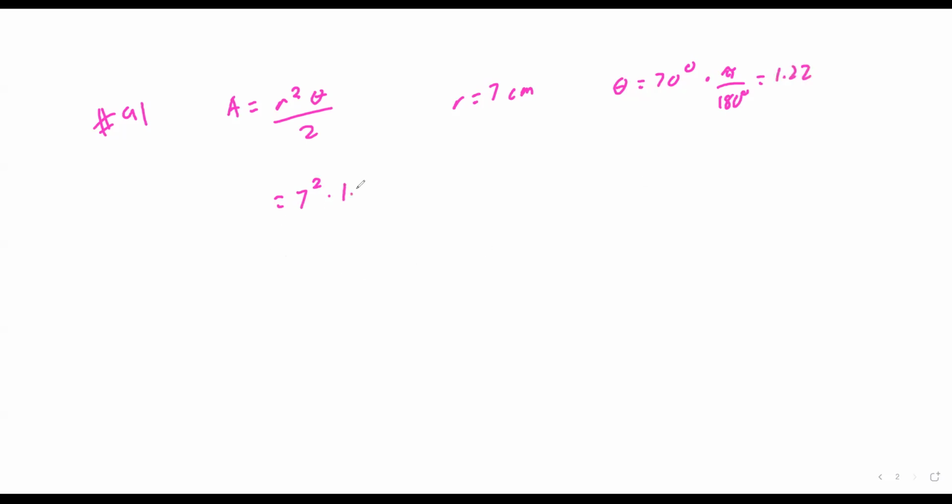So we'll take that answer times 1.22 divided by 2. So that's what we're going to do. Again, that's a simplified version. I'm going to keep it as is, times that by 49, since that's what 7 squared is. Divide that result by 2,